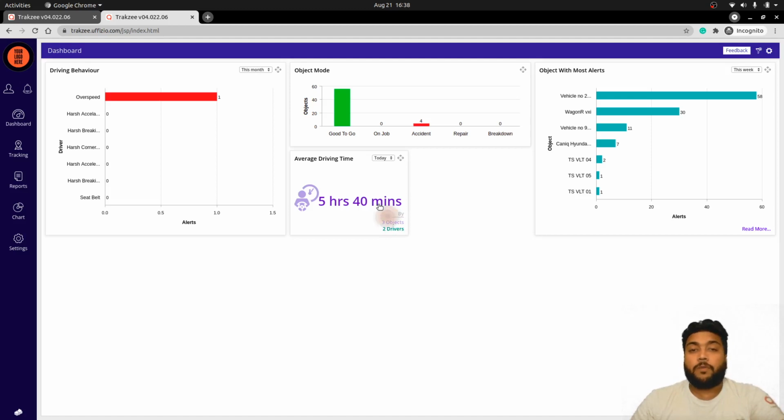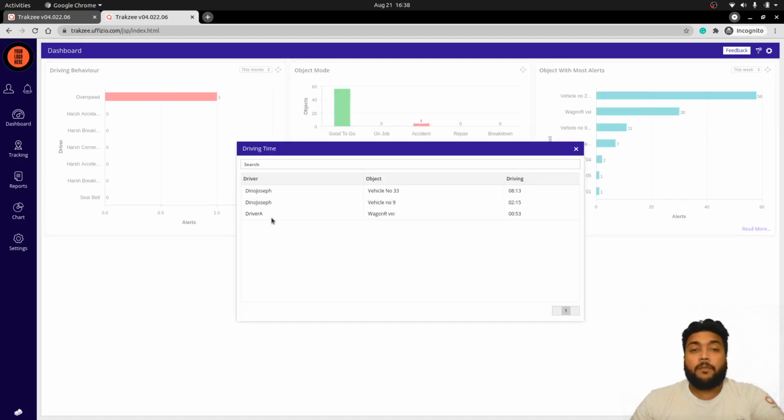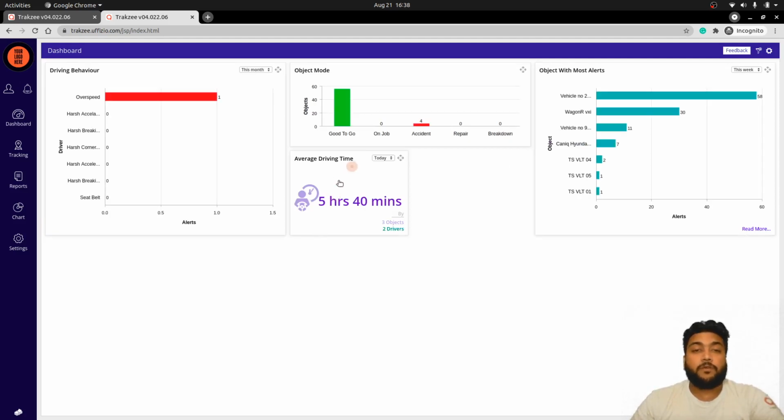When you click on the particular timing, you will get information on how many drivers have driven that particular object. Accordingly, the number of objects driven and the durations of driving will be reflected as well. Based on this, the average driving time can be measured in the software. So these are the activities of the dashboard. Thank you.